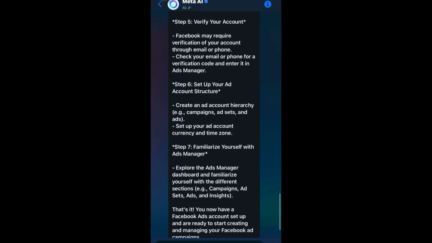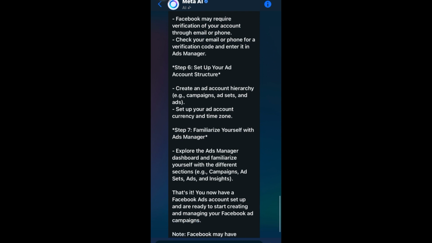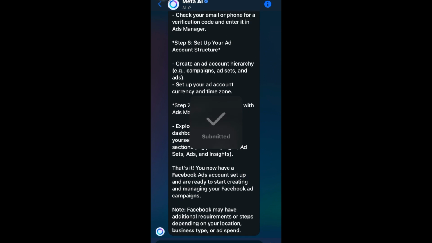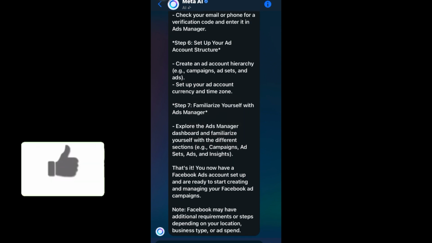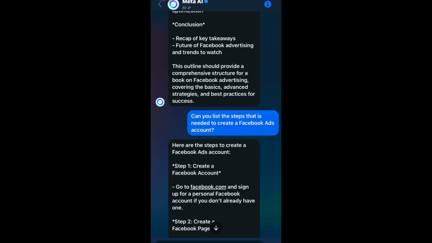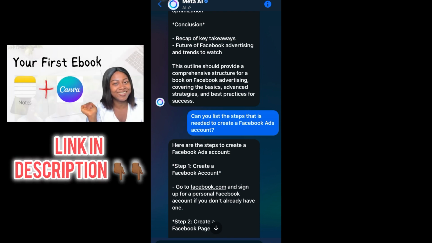Can you see? You can use a video and create an online course with this knowledge, or you can create an ebook as a guide with pictures, right? And all that. So I'm going to like this, to show that, yes, this is really great. Okay. Now, this is how you can use Meta AI to create your ebook outline, your ebook content, and publish your ebook.